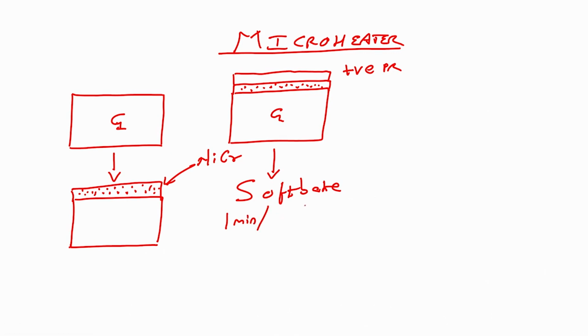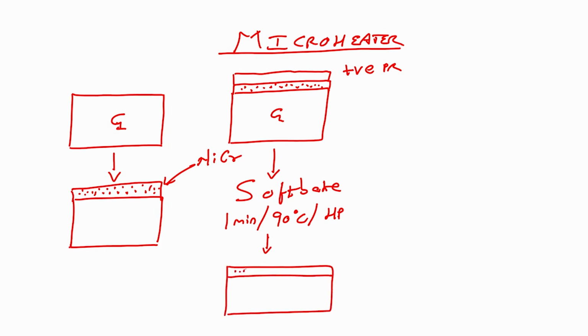Soft bake is done for how much time? 1 minute, temperature is 90 degree centigrade, and we are using a hot plate. The next step is we take this wafer, we have our material which is my nichrome, on that you have positive photoresist,